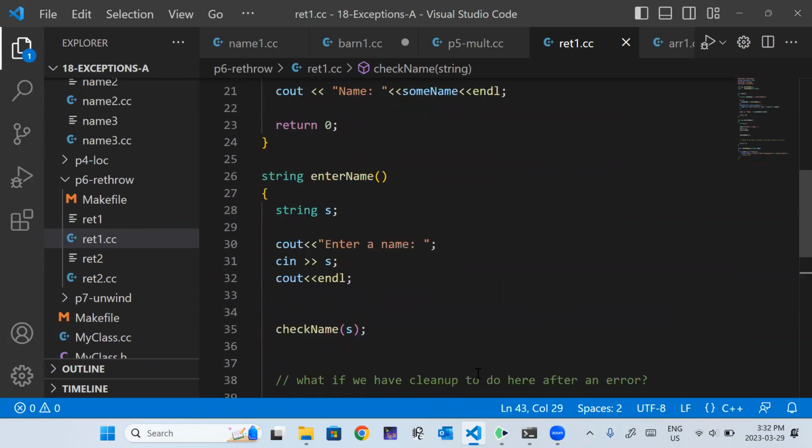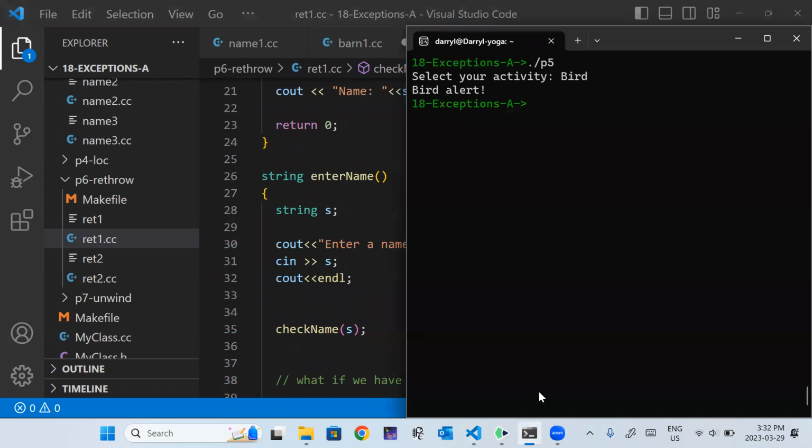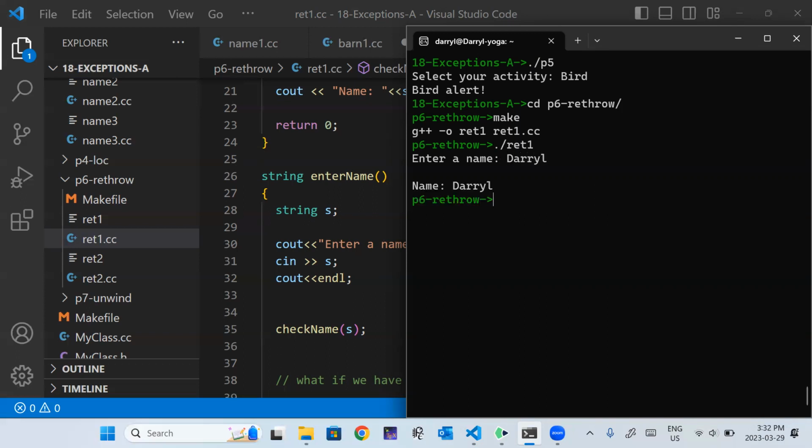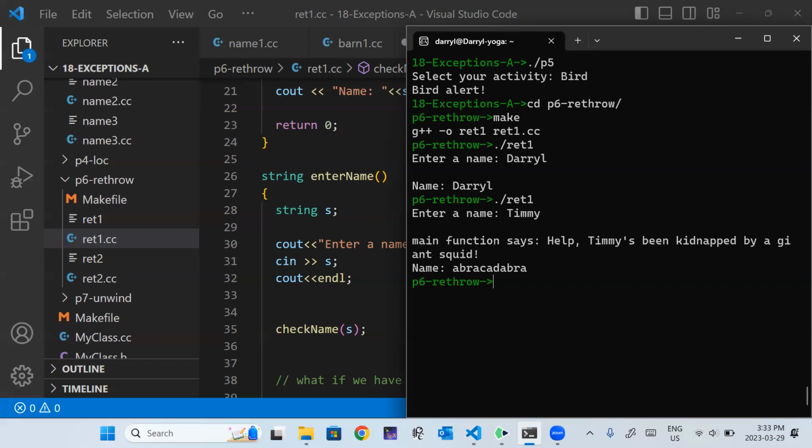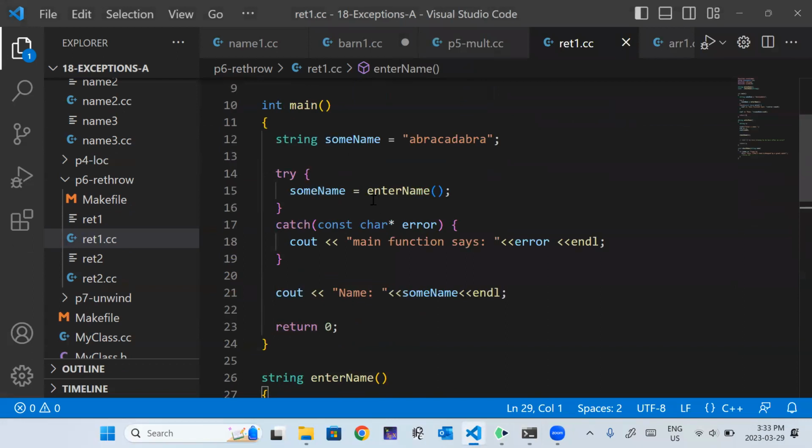Okay, so we'll just run that really quickly, and then we will put our intermediate catch block. All right, so that works. Timmy, main function says, help, Timmy's been kidnapped by a giant squid.